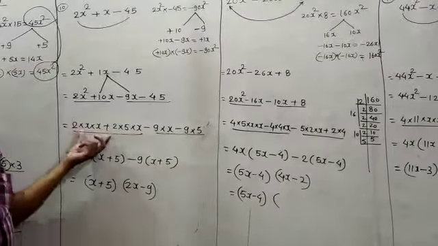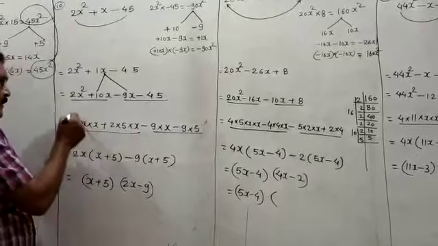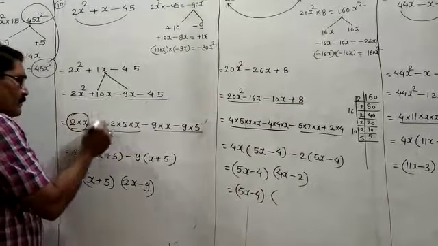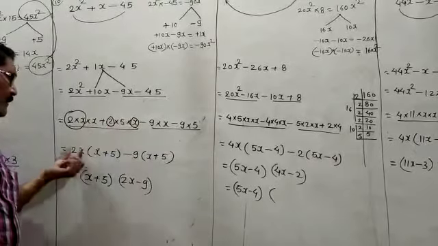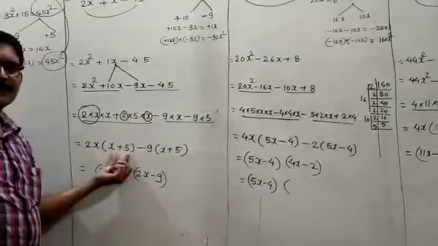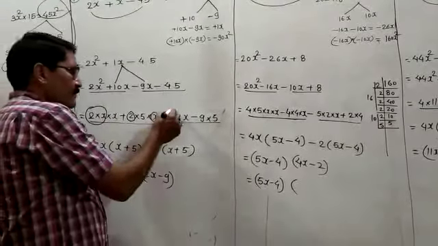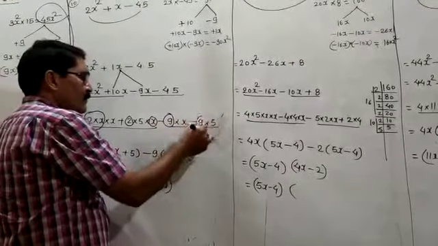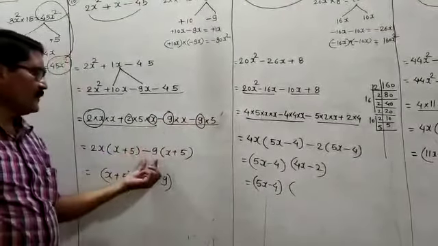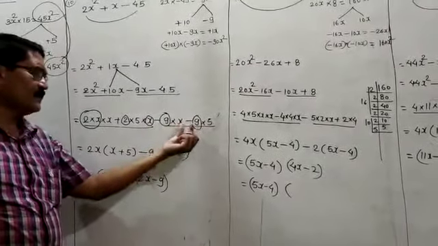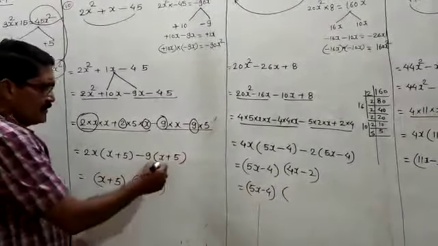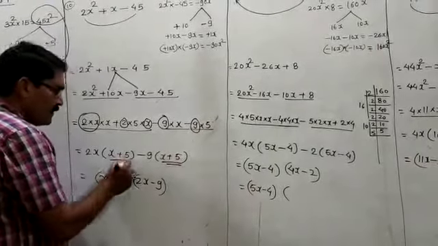From the first two terms you have to take out the common factor. Here 2x will come common. When 2x comes common, x plus 5 remains, which you have to write in another bracket. From the last two terms you have to take out 9 common, meaning minus 9 common. If minus comes common, then change the sign of the last term. This minus becomes plus. For this step both the brackets have to be the same, and they are coming the same.